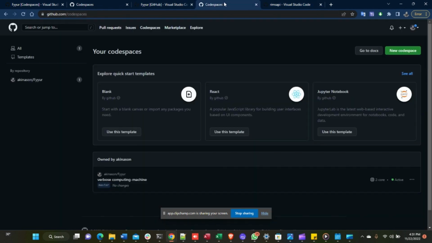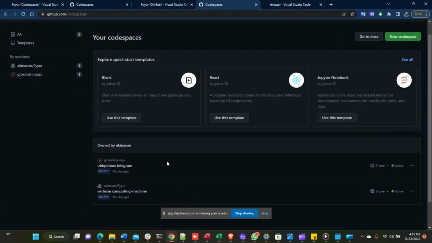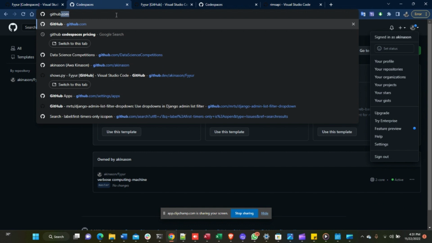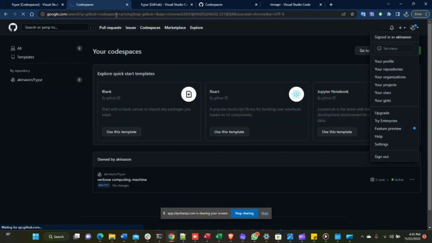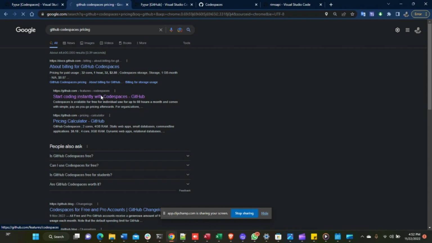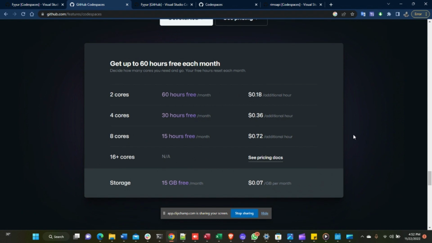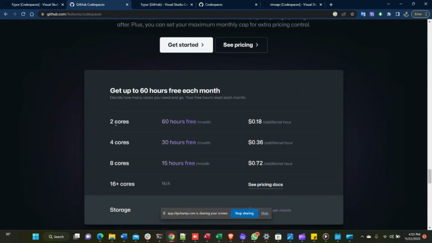codespace. So I'm going to come right here to codespaces, and this is what I already have. And let me just type GitHub codespace pricing here. Okay, so let's go right down to the plans. So for the 2 cores, the one we just created right now, we first have 60 free hours. We have 60 free hours per month, and then we have additional hours charged at $0.18 per